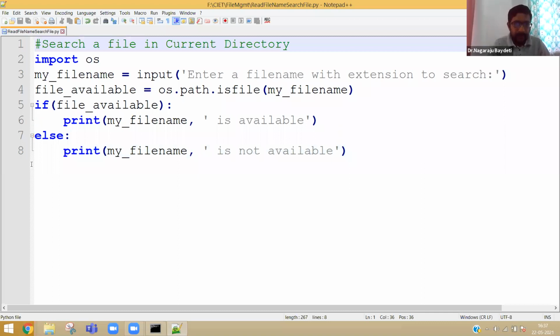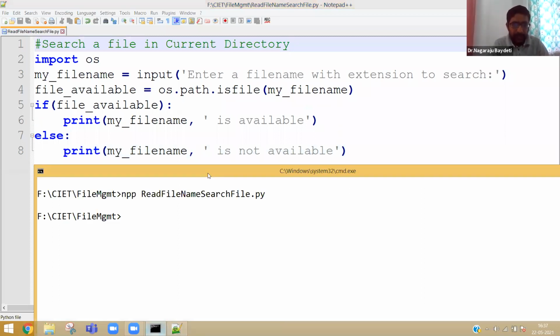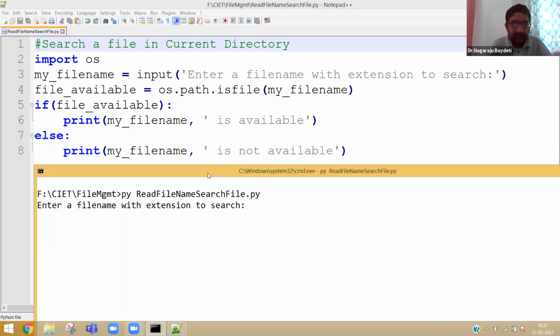Okay. Now let me execute the program. I believe you guys have understood the logic. Now it will ask for a file name. For example, if I say dummy.txt, it says dummy.txt is not available. Okay.